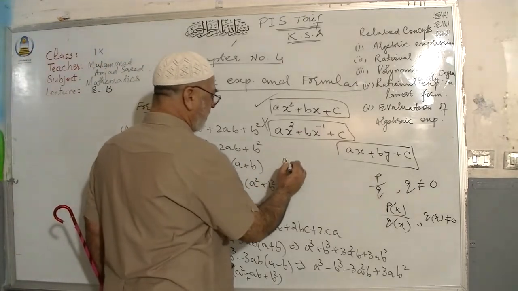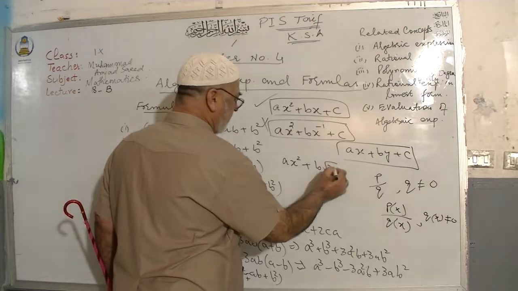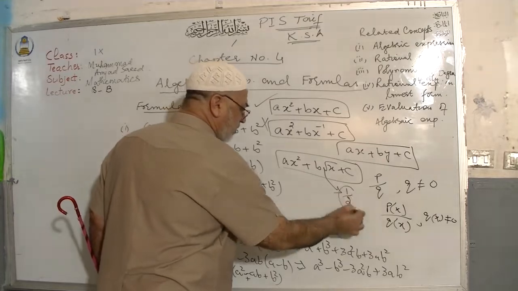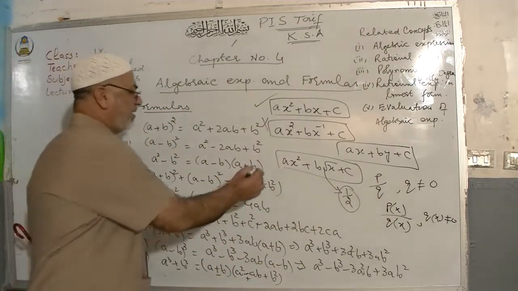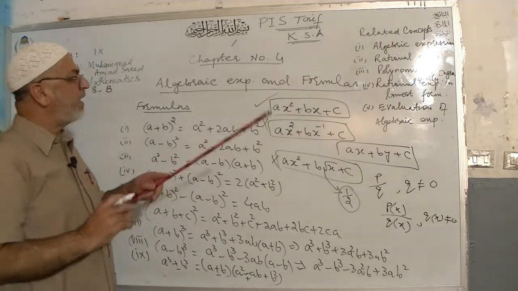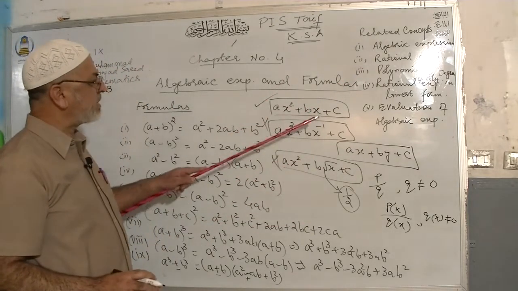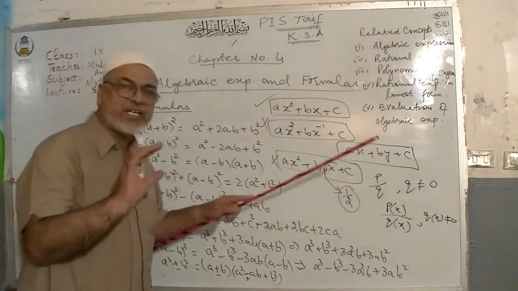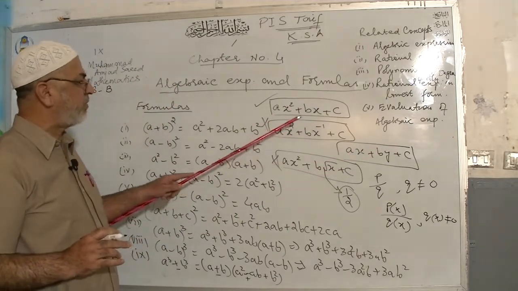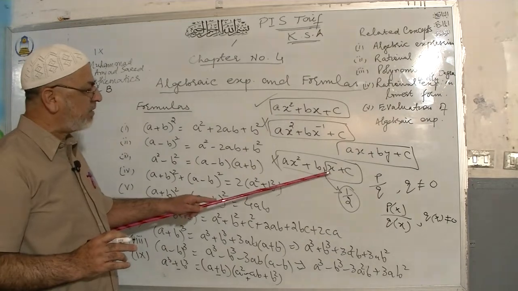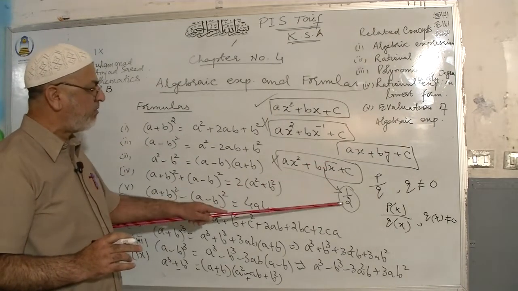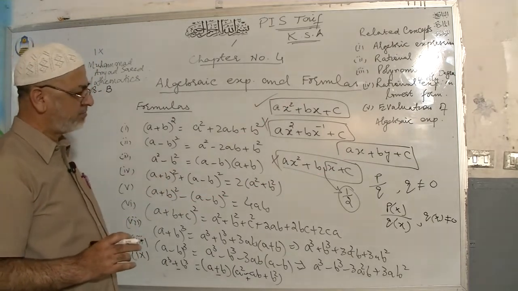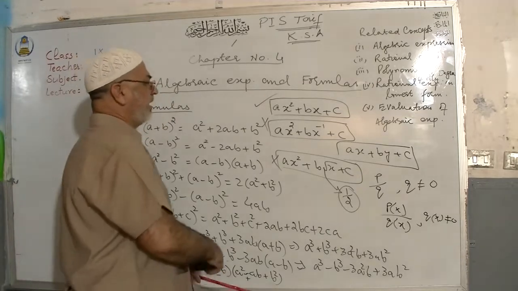Similarly, you can say ax square plus bx under root plus c. You know what is meant by under root value. This is power 1 over 2. So this is also not polynomial. So we conclude that the algebraic expression in which powers of the variables are not negative and not fractions is a polynomial. Here is the negative power, therefore it's not a polynomial. Here the power of x is 1 over 2, under root being 1 over 2, so it's a fraction power, so it's also not polynomial, but this is the polynomial. I hope that you got the idea.